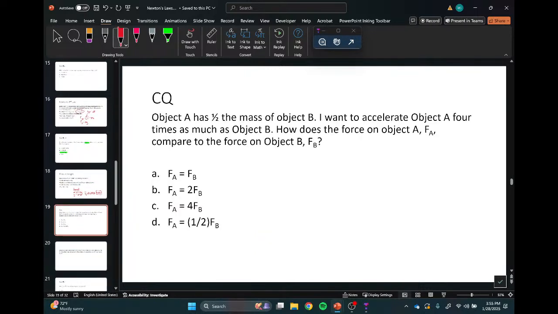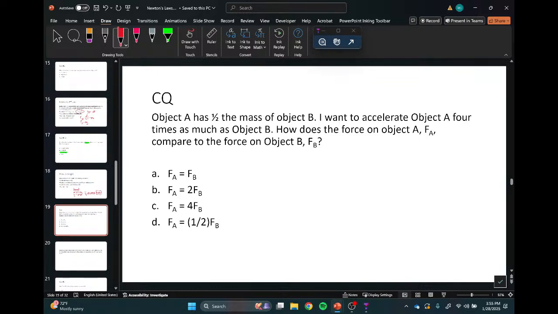All right. This type of problem, I have not given you all these types of problems. This is going to be the first time we see this. This is a problem where I have 2 objects and I say they're different. How is this third variable affected by these differences? This is something we're going to do quite a bit of in this class. So this is our first case of this.